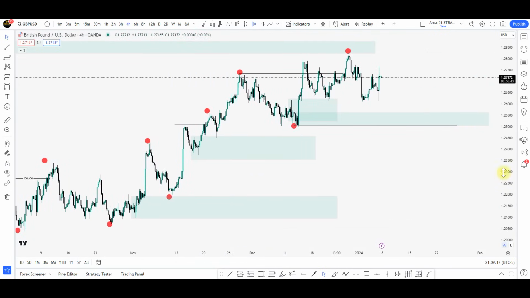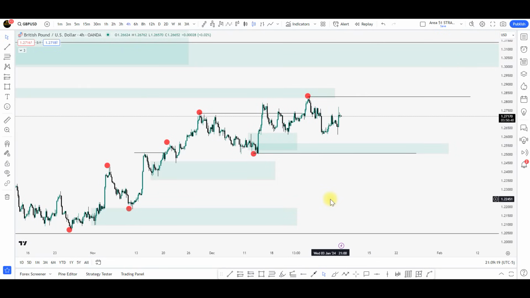Remember, the higher time frame is the key. Okay, higher time frame is the king, right? So therefore, you always respect the higher time frame. So now, what the price can do is,